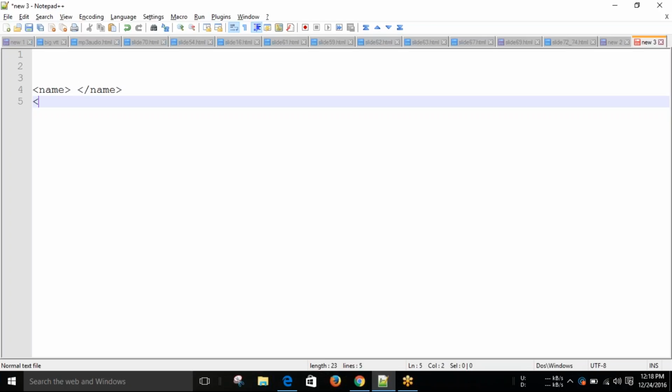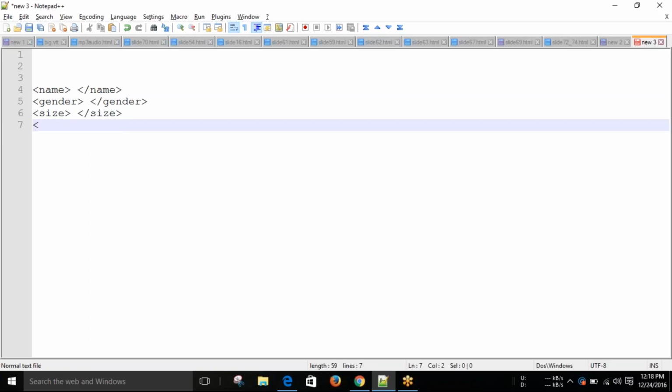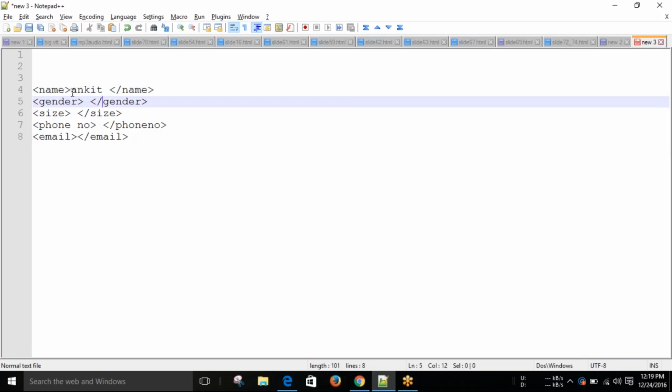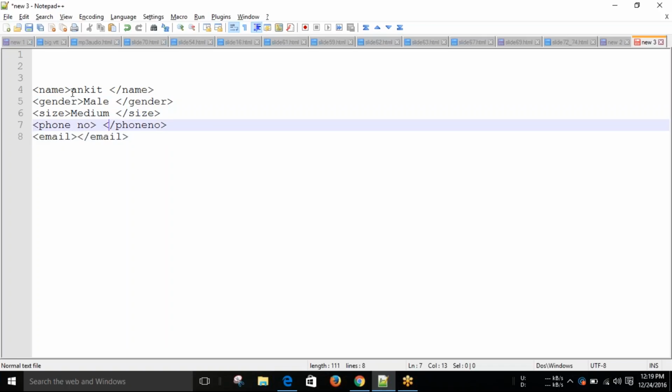So for name you'll give, then you'll give gender, then size, color. Definitely not color during registration, you don't want people's color. Size is one thing, and what else do you require? Phone number, then you require email ID. Now do you think this gives you a sense? No, because these don't have the values inside them. Now I go register myself, I write Ankit, then I write male, I give a size as medium, I give it as a